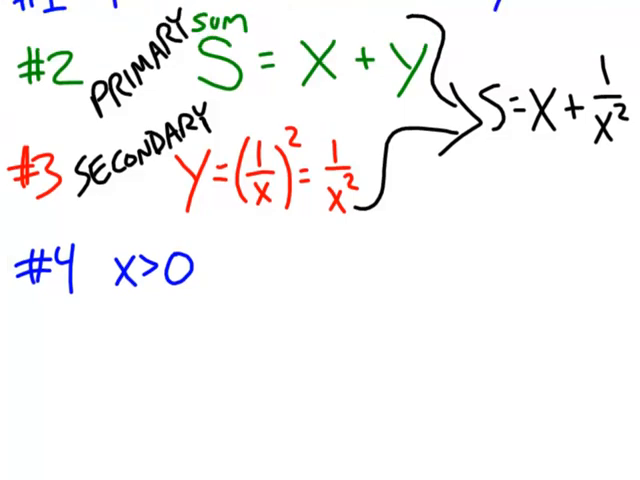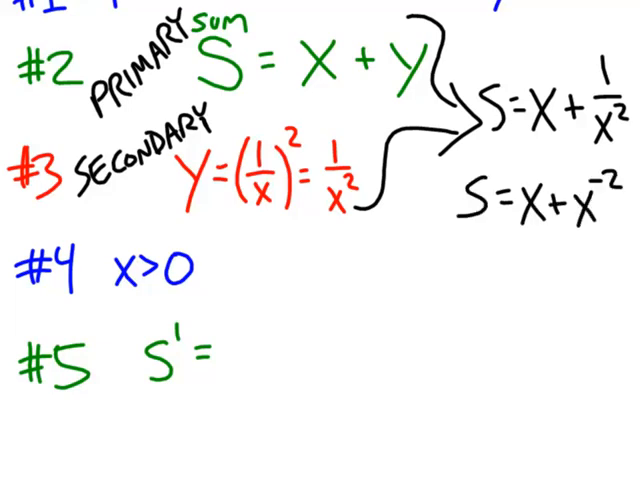So step number 5, whether I'm thinking first or second derivative test, they both start with taking critical numbers. They both start with deriving s. And if I think of s, if I write it in a little more user-friendly way, x plus x to the -2, then it makes deriving a little easier, and I get the derivative of s is equal to 1,